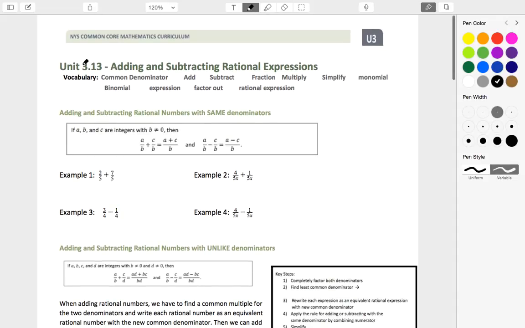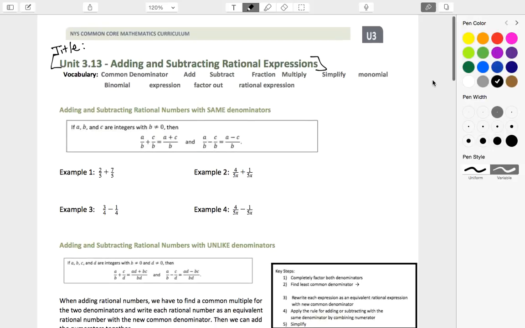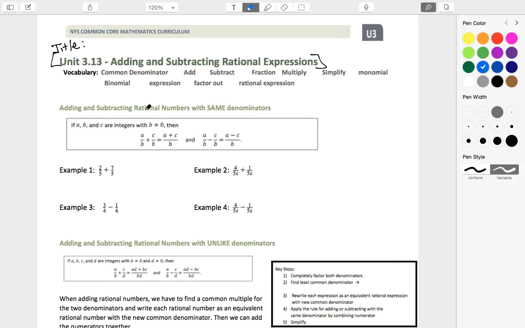Okay, hello. So in this video, we're going to talk about adding and subtracting rational expressions. Go ahead and title your notes with this title here. We are going to highlight some of these vocabulary words in the video, so listen to those as I use them, and also make sure to use those in your summary at the end of the video. The first thing we're going to talk about is adding and subtracting rational expressions